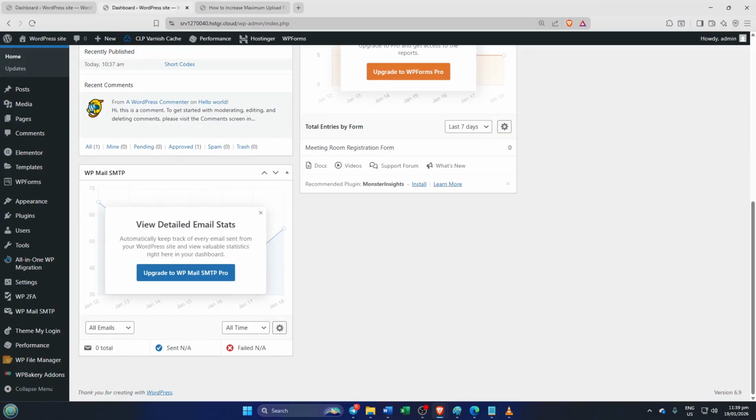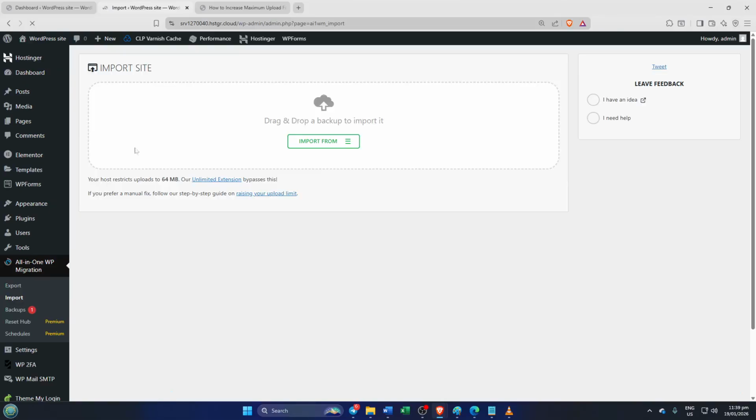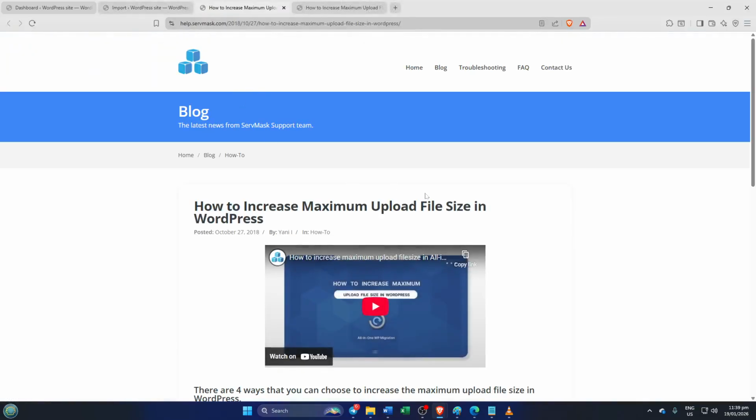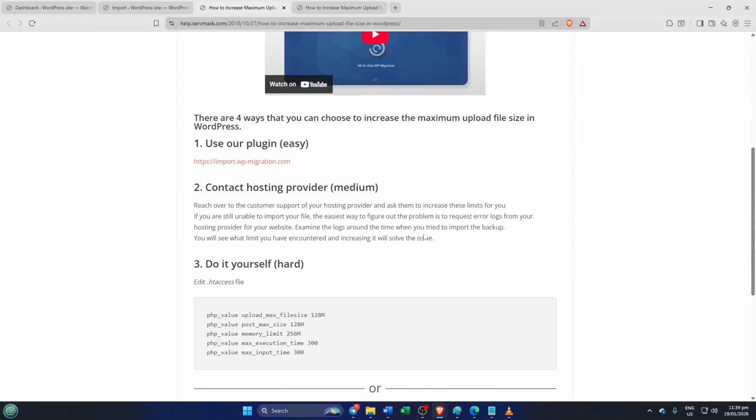If you've ever tried importing a big file with All-in-One WP Migration, you've probably seen that red warning pop-up that your file is simply too large. Out of the box, the plugin has an upload limit, but here's the thing. The real gatekeeper is your server's PHP configuration. So to lift that limit not just inside the plugin, but for your entire site, we're going to tweak the